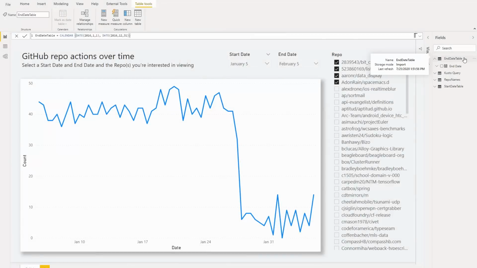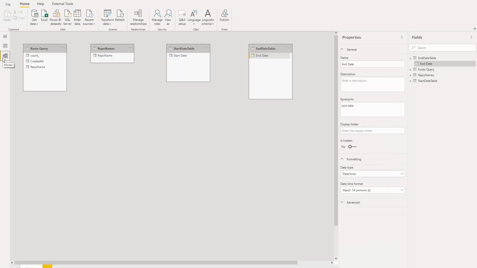Now let's take a look at the columns that I use to bind to the parameter. So you'll need to create columns that can be used as values as inputs to the parameter. So let's take, for example, the end date time. So I've created a very simple table here that uses the calendar function to just generate the date range, which I'm interested in. So once I have this column created, let's switch now to the Modeling tab.